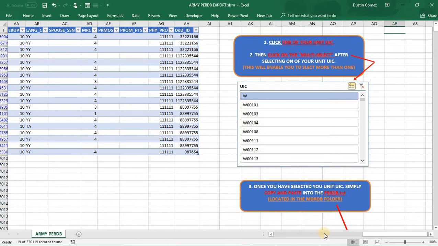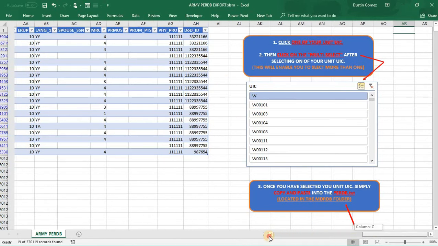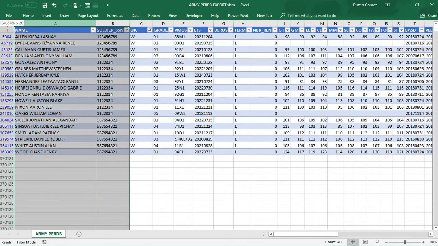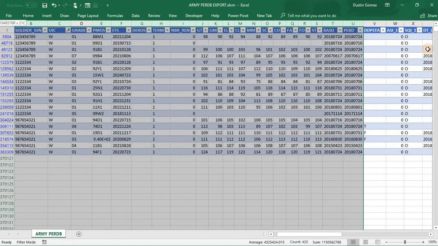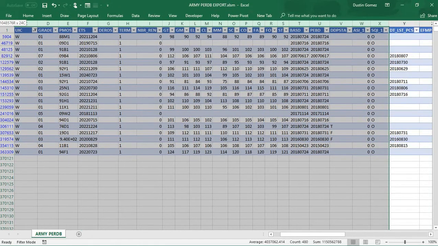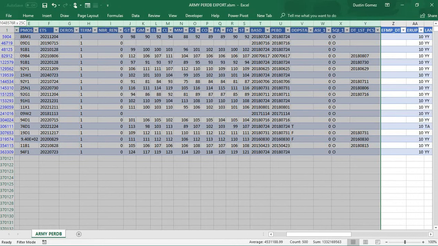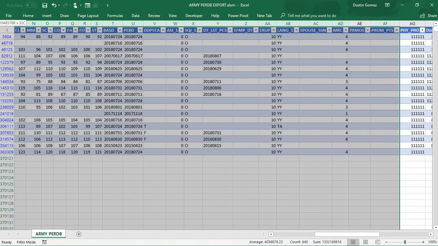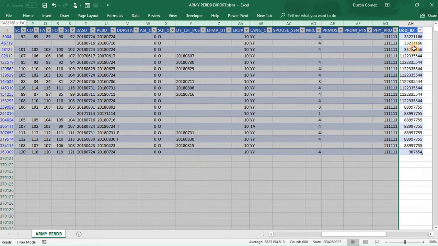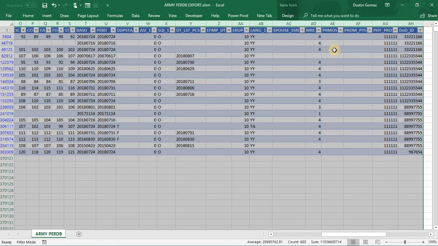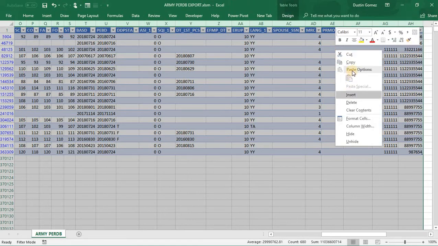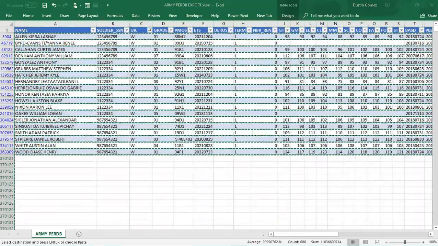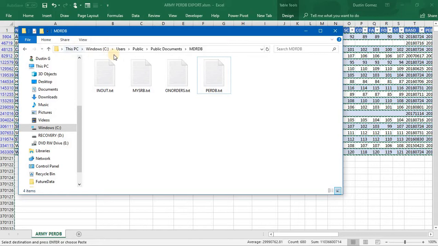So all you got to do is pretty much copy from column A to AH, just copy all of this, and all you got to do is right click and copy. And then once you have that folder set up, all you're gonna do is, like here, this is the folder,